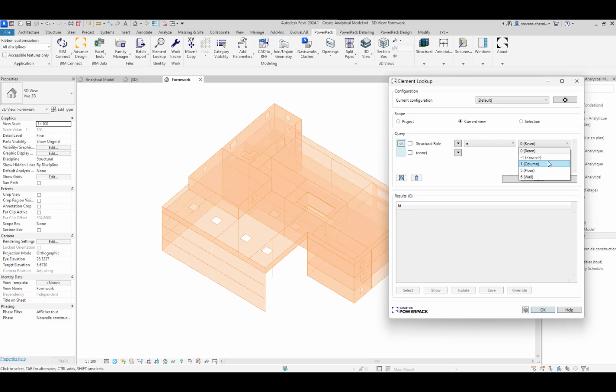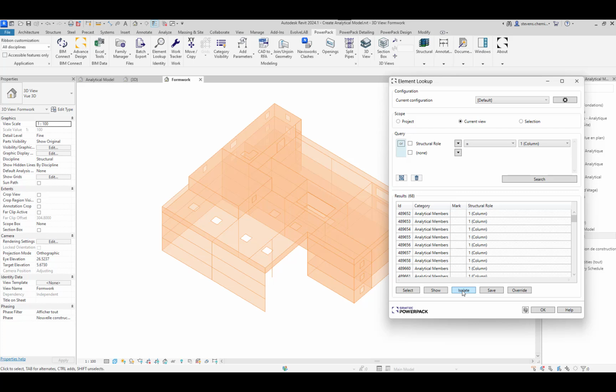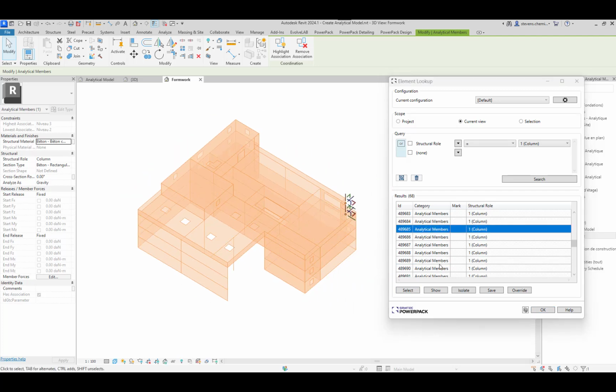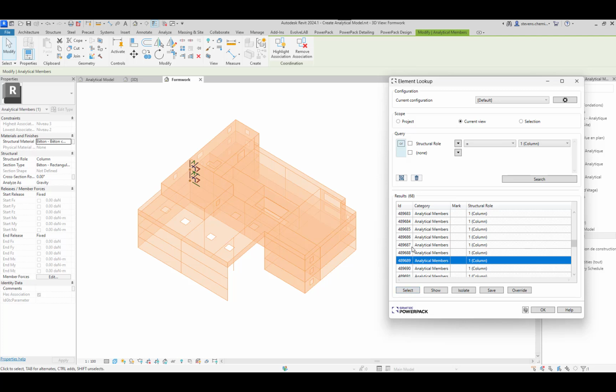It could be other analytical objects in Revit, such as analytical openings, for example. So here, let's search for all columns. You see here, I have all columns. I can select an object and pick some object directly from these dialogues.